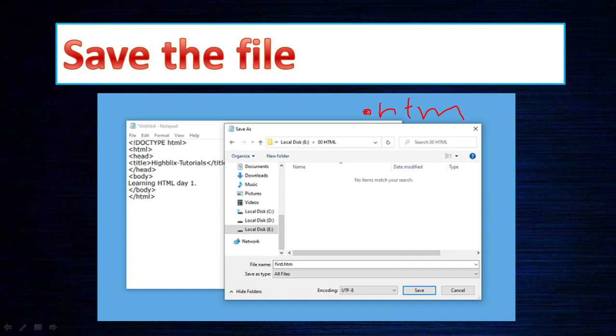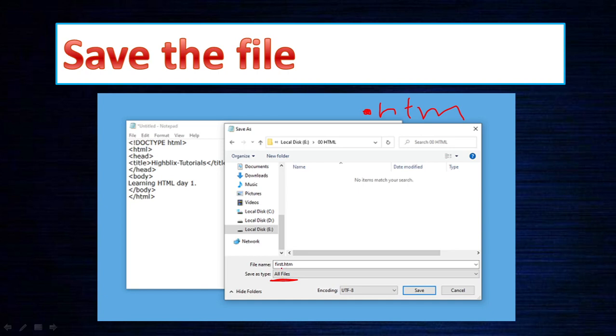And one more important thing: when you save using Notepad, there is a Save as type, and generally it says Text. You need to change the text to All Files. It should be All Files, because if it's text, then it becomes .txt, and then it's not HTML. So take care to change the save as type from Text to All Files. This is very, very important. Otherwise, you are only creating a text file, not an HTML file.